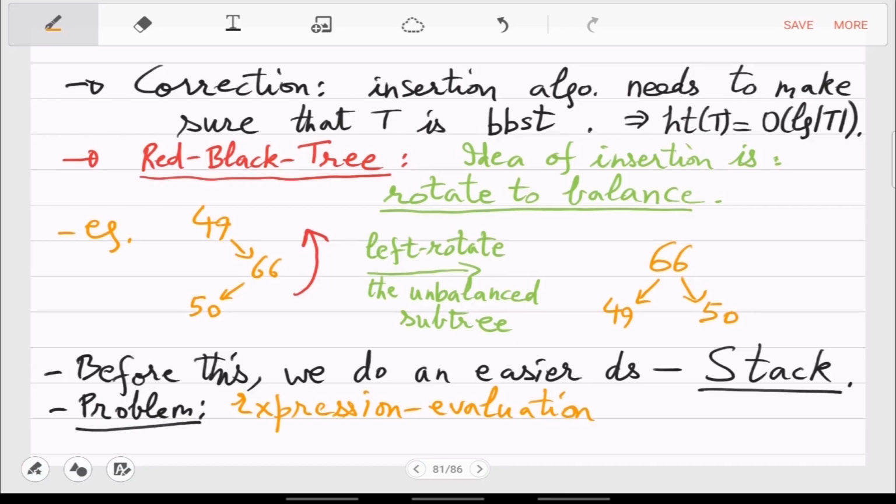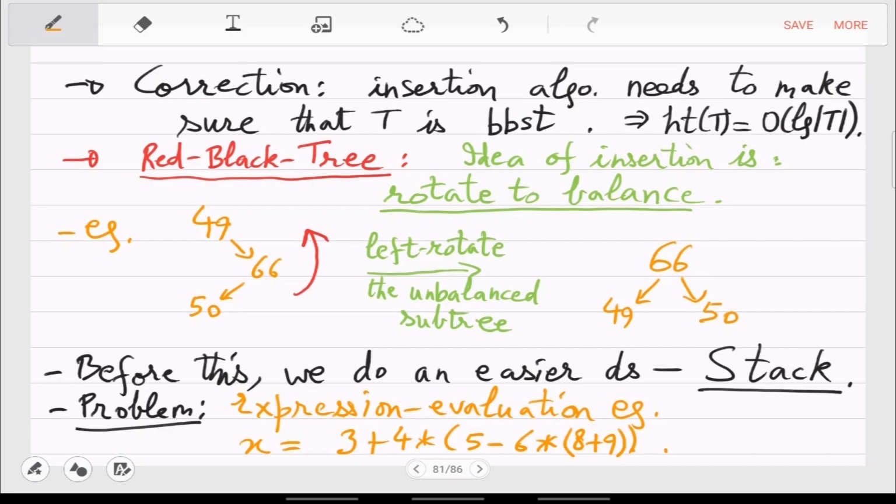The problem you want to solve is expression evaluation, which means you are given, let's say, an arithmetic expression. The expression is 3 plus 4, then there may be parentheses. This is something computers do from day one. You give them expressions and they evaluate them. You also do it early in school. What is the rule for this? There is an acronym, BODMAS. You apply BODMAS and then you calculate this value.